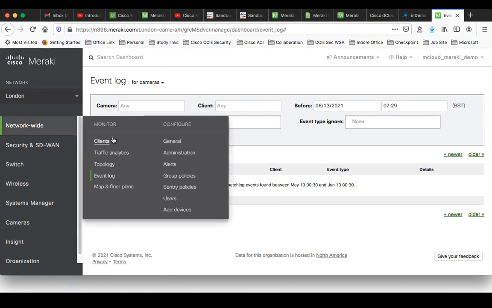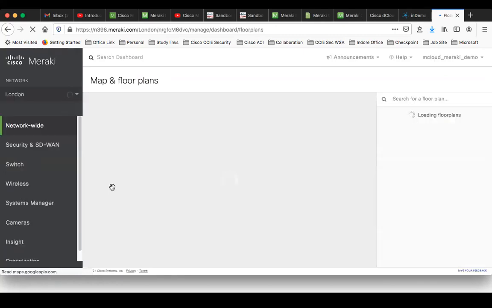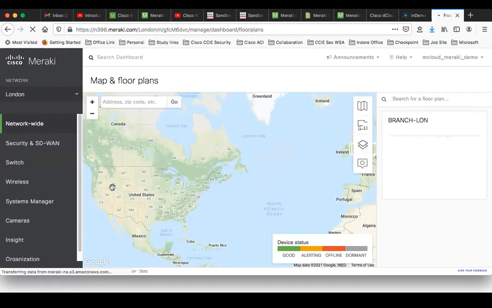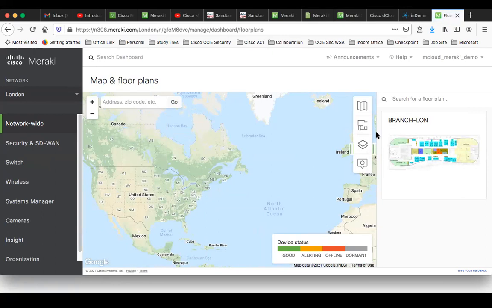Perfect. Yep. And then after the event log, we have map and floor plans. So if you click on map and floor plans, this basically is going to give you the overall map. It says the London branch. That's the map that it is showing you. You also have the option to zoom in or zoom out, so you can also see the floor plans. If I click on this,